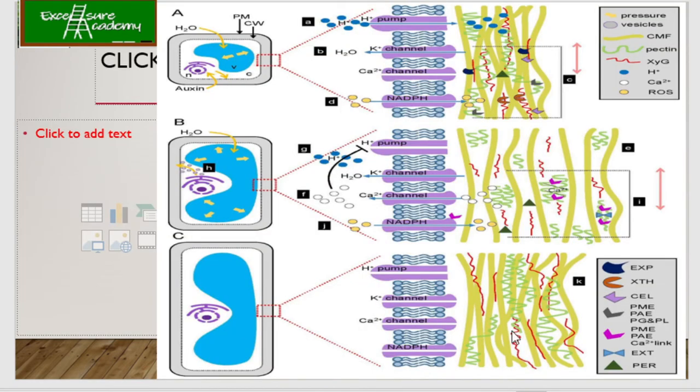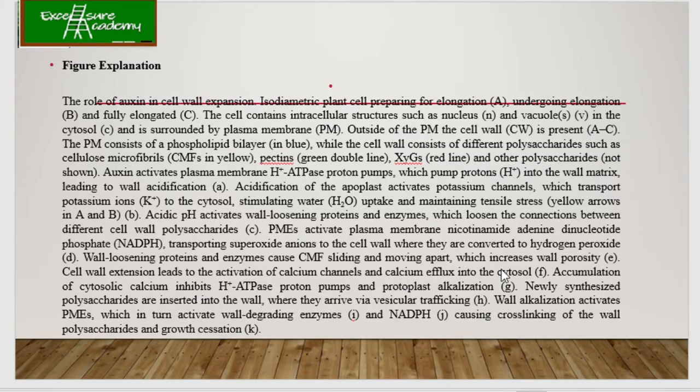Here you can see it's the same thing we were talking about. Again, auxin-induced H plus is getting activated. It is going to increase the acidity of the cell wall, and finally the cell wall expansion gets activated. It is going to loosen the cell wall, and there is also an increase in cell wall material. So finally the size of the cell is going to increase. In order to understand this entire slide, you can go through it over here. Everything has been explained beautifully, but the concept remains the same, which we have already discussed.